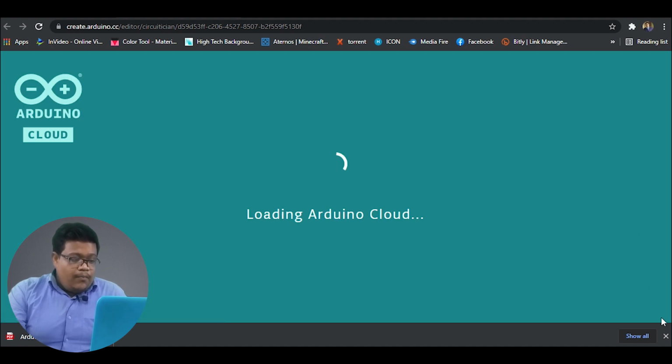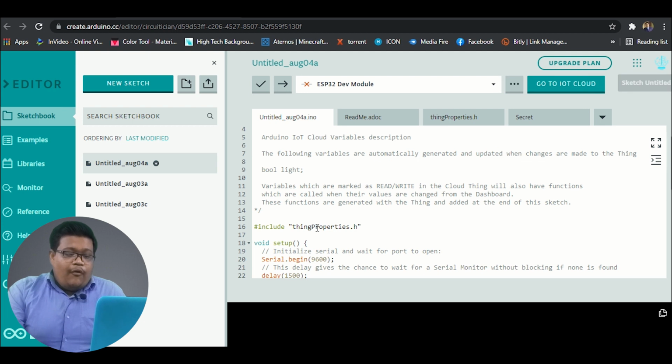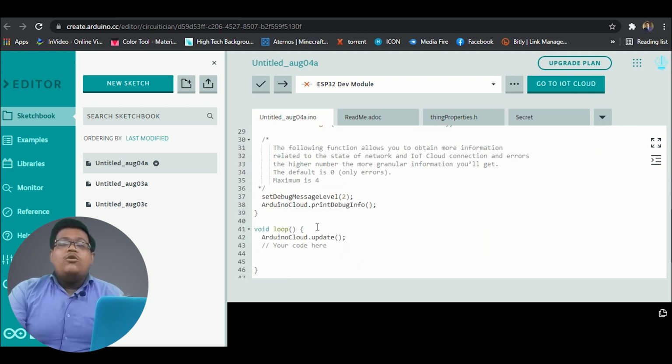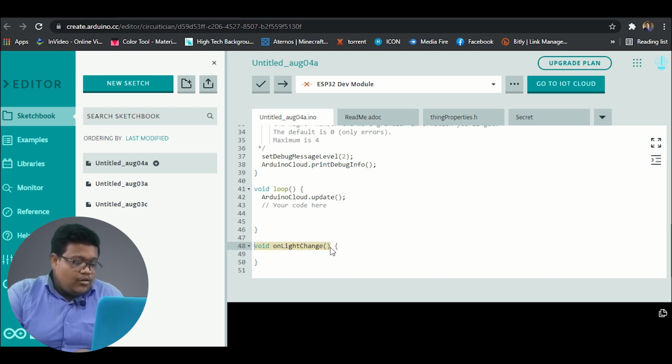For now, I am opening the full editor. And the code for this IoT application is already written. What I have to do is just write the logic in the code. Here a function is created, onLightChange. So here I am writing this logic. If light equals 1, you don't have to declare the light variable because it is predefined.